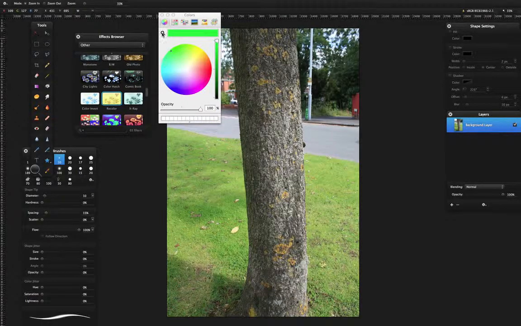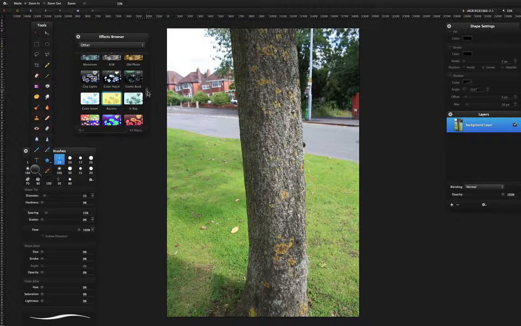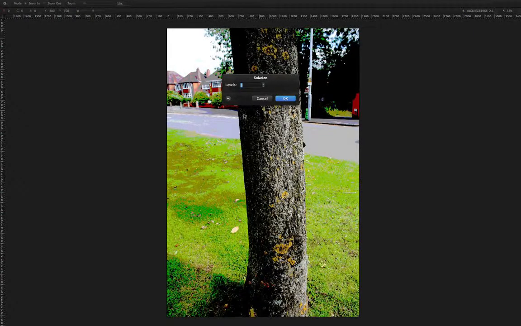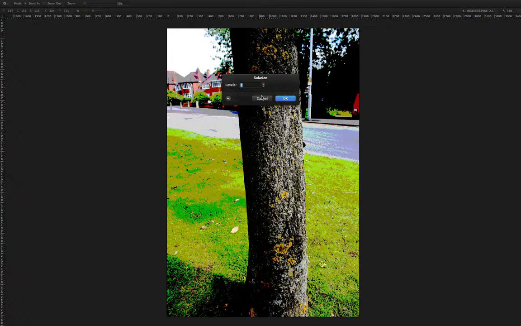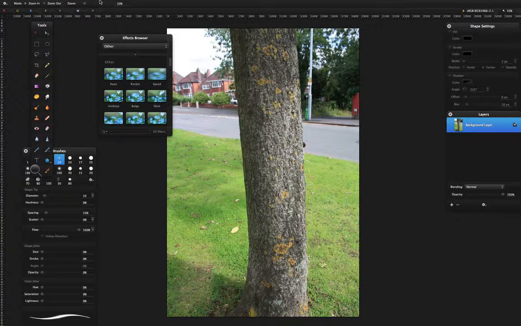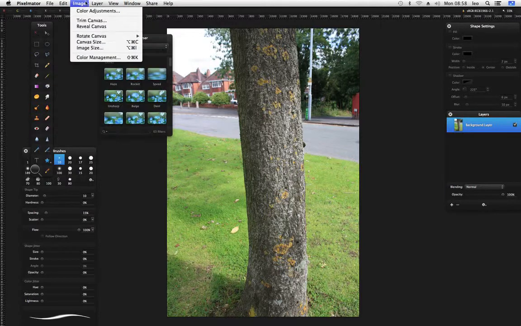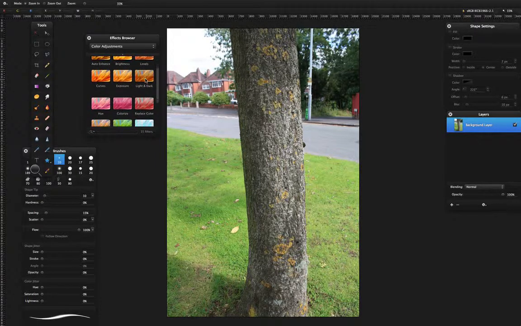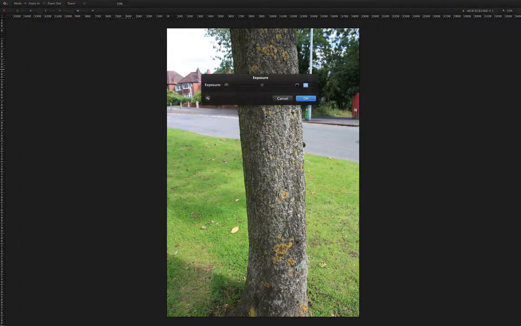Not necessarily as precise as GIMP or Photoshop would be, but it's quicker, especially than GIMP. GIMP can be very, in terms of the UI, it can be quite slow. We do have a good color adjustment dialog here as well, where we can do things like set an exposure,